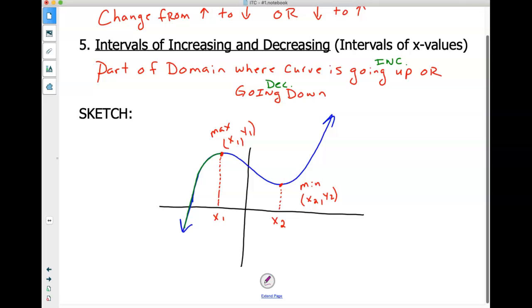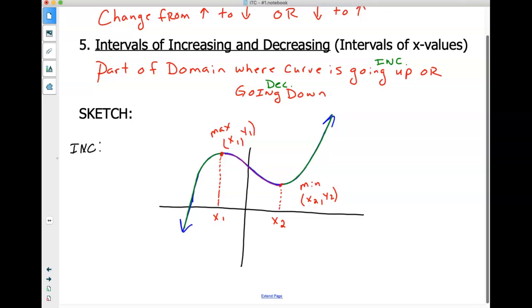Then I'm having a change from that maximum to that minimum. I have a change where my graph is going down and I decrease. And then I hit that minimum. And when I hit that minimum, I am changing to increasing. So what we do is we're going to say our intervals, my interval of increasing, this is where we had